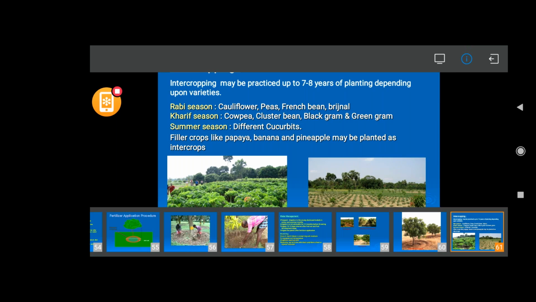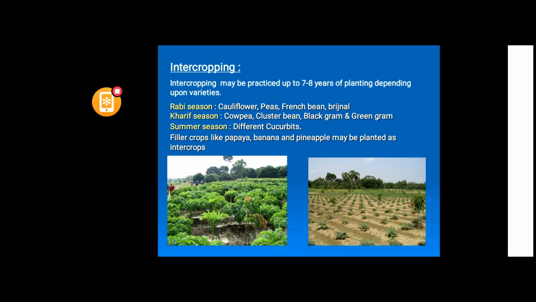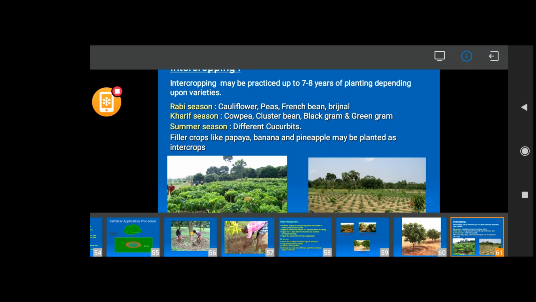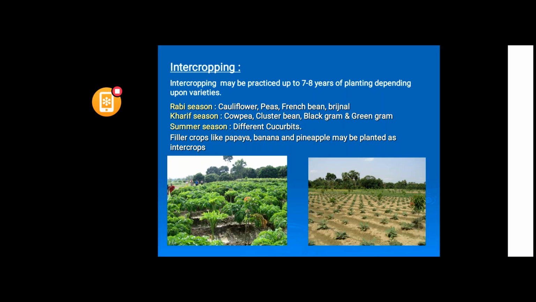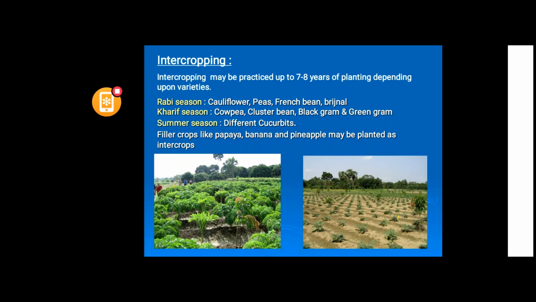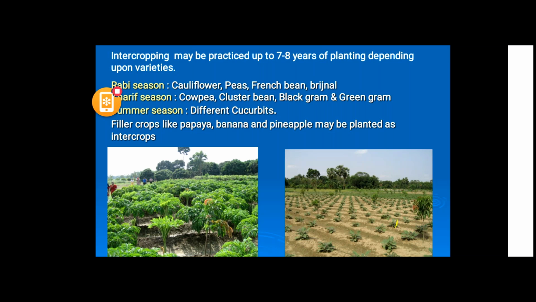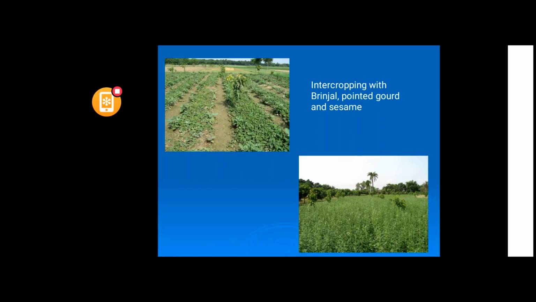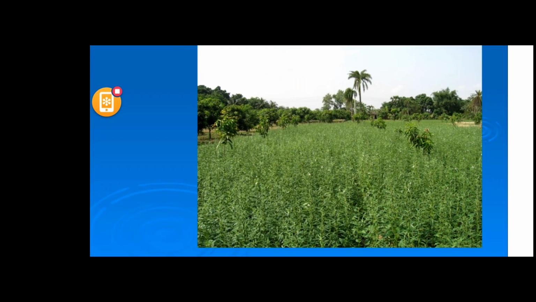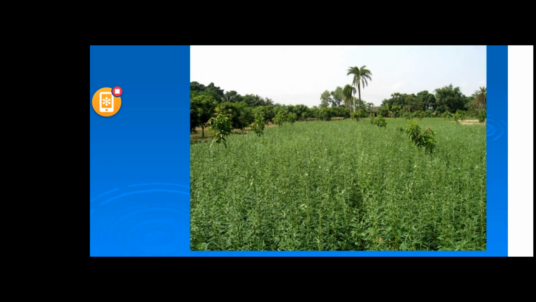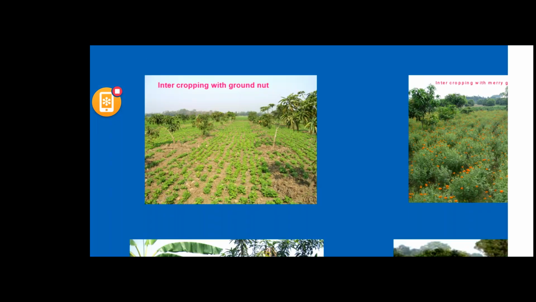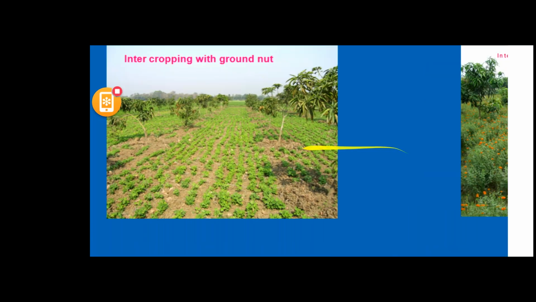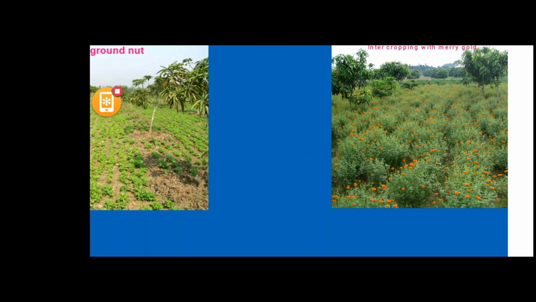Before that, for 4 to 5 years, you can grow crops in the fallow land between the two plants, like brinjal or pointed gourd, castor, sesamum, and also cowpea, groundnut.